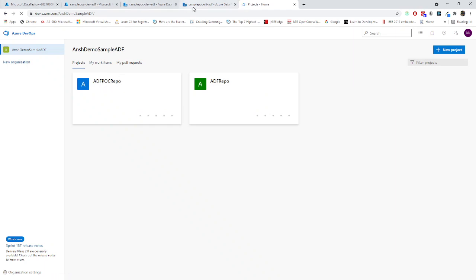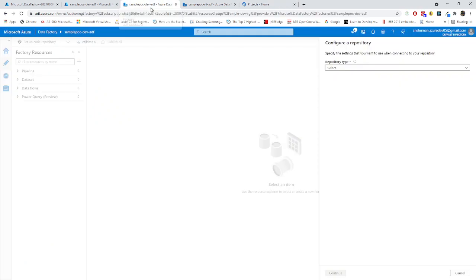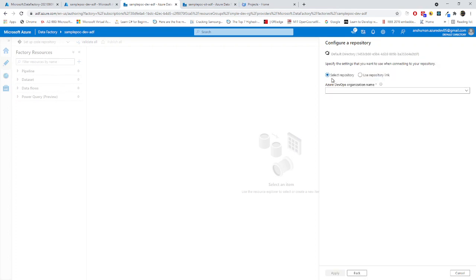So if I will go here in my sample POC dev ADF, I'll just choose Azure DevOps Git. Now Azure Data Factory would be fine. I'll just choose this thing and I will just click continue. If you have not connected with the Azure Data Factory, it will ask you for the service principal. It will show you here, or you can just go to your Azure Data Factory and create one service principal so that it will be authenticated with respect to Azure Data Factory.